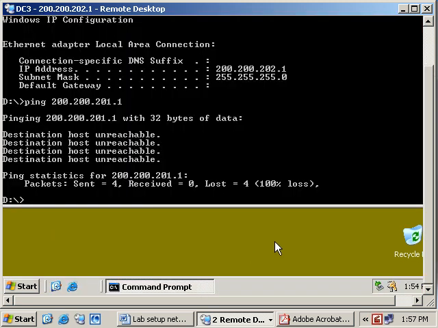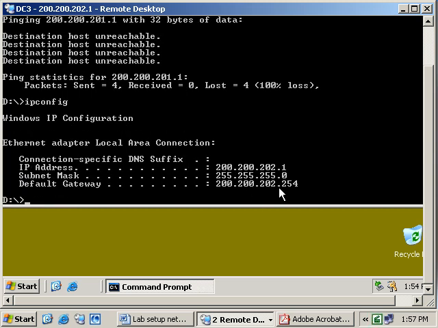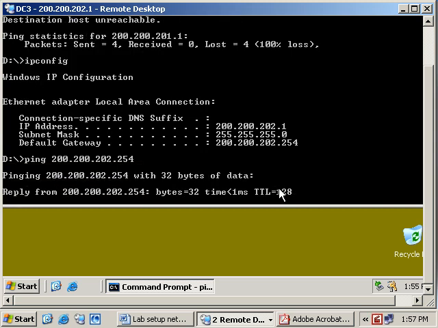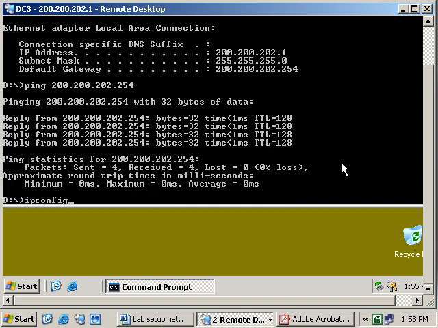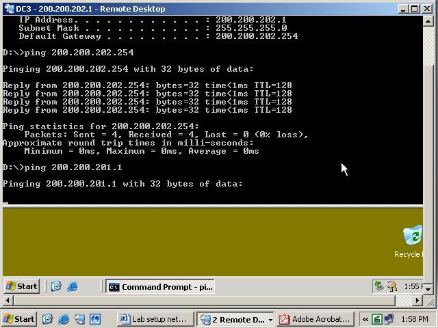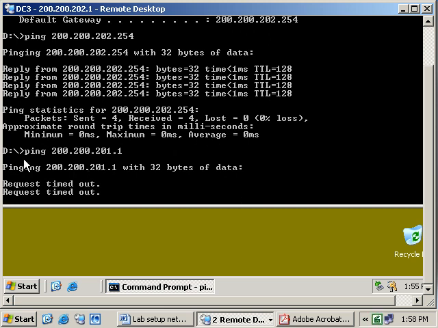Let's verify now. I'm going to type ipconfig one more time. So the gateway is set up correctly. Let's ping the default gateway this time. So we know that we can reach the gateway 254, and yes, I can. So I can reach my router. Now let's try to ping 201.1 one more time. Once again, the router is not configured. You're able to reach the router, but the router is not routing the packet to subnet 1 on which DC1